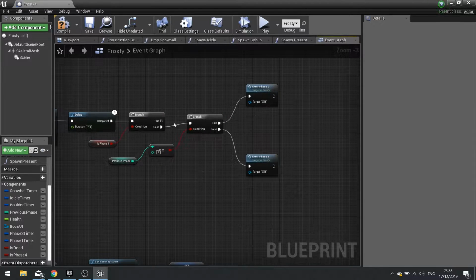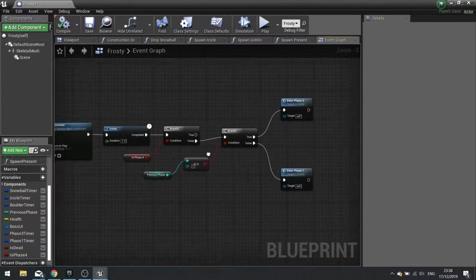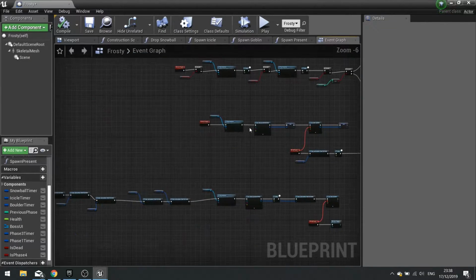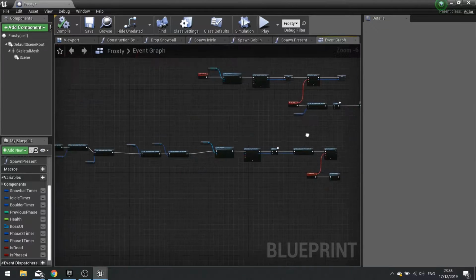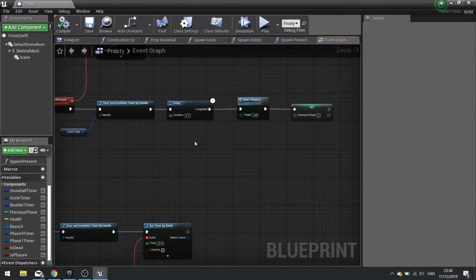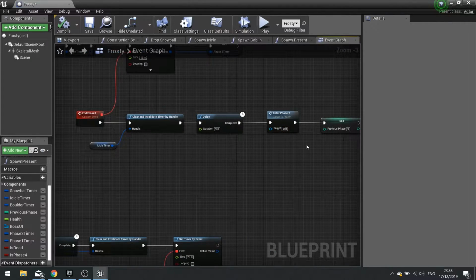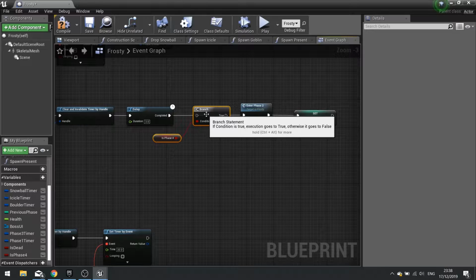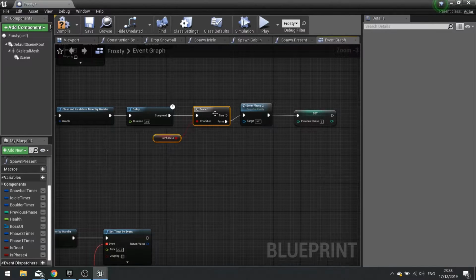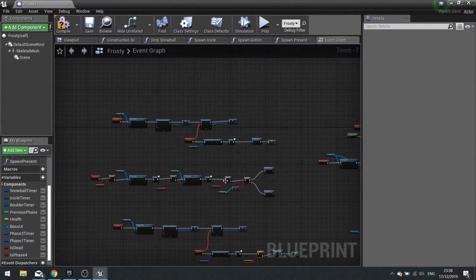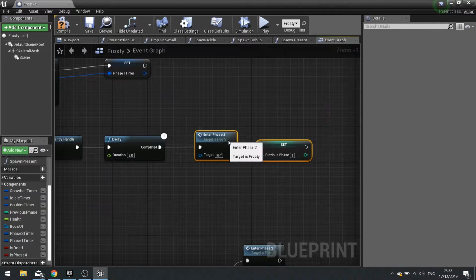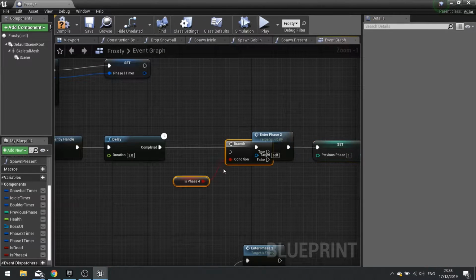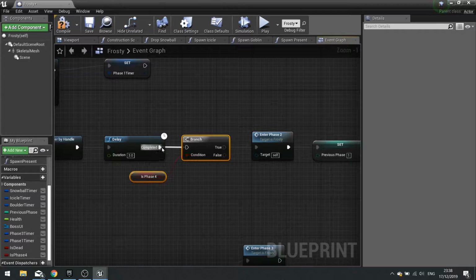Okay. That way he won't continue doing the rest of it if not applicable. Okay, and we can do that in other things too. So after each delay, we want to just check that the branch is false. So that's down there. Although it shouldn't be an issue for these phases because he's not on the screen at this time, but you never know.